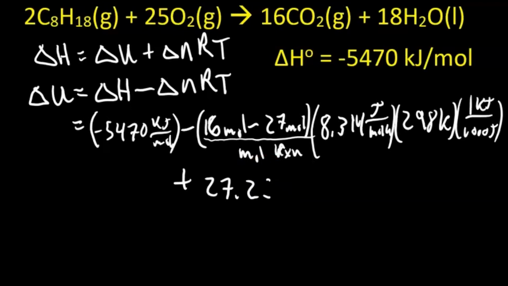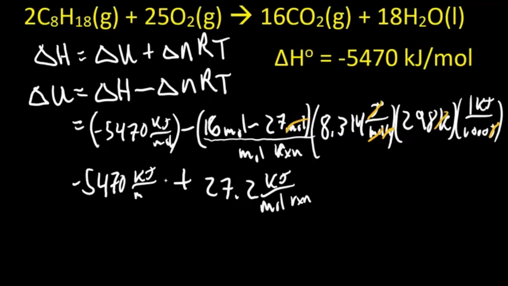27.25. And in terms of our units, these moles cancel out with these moles. We have joules cancel out with joules, and Kelvin cancels out with Kelvin. So we're left with kilojoules per mole. That's kilojoules per mole of the reaction. That's super important. It's kilojoules per mole. Actually, I'm going to write mole of the reaction right here because we're going to need to differentiate between that. So this is